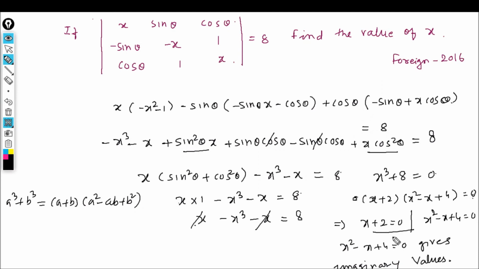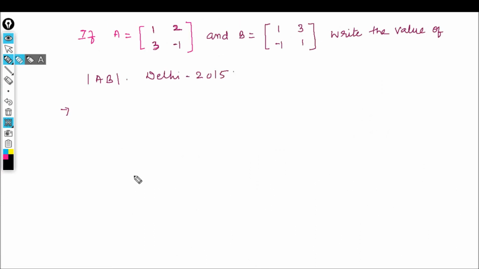तो यहां से हम लोग लेंगे बच्चों x plus 2 is equal to 0. This implies x is equal to -2. So this is our answer हो जाएगा।